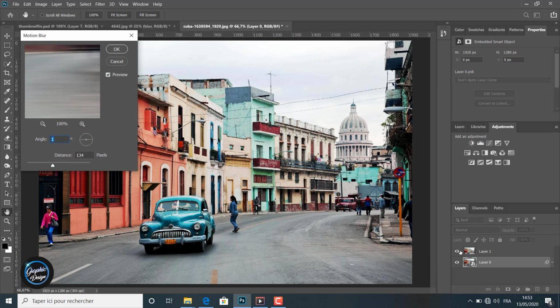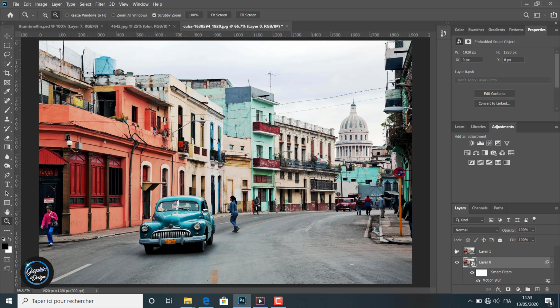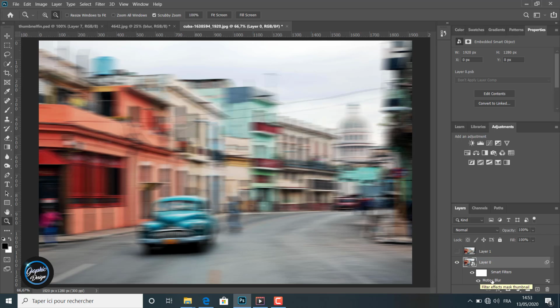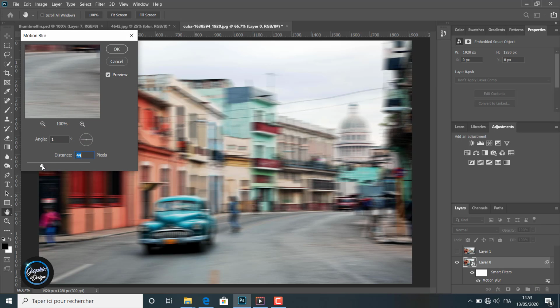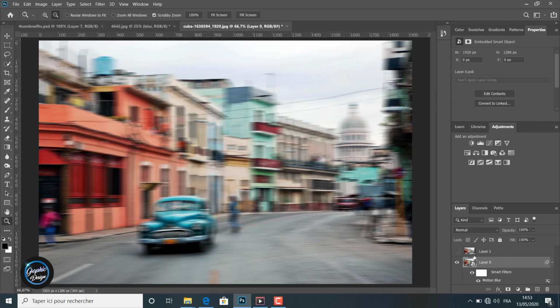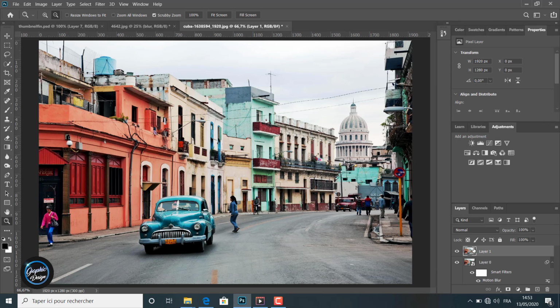Like you can see now, we edit a little distance. The motion blur isn't shown up now because we have to turn the top layer off to see the effect. So we come back to the motion blur and we can change the distance until we have a result we are satisfied with. We click OK and we go to the layer on the top,